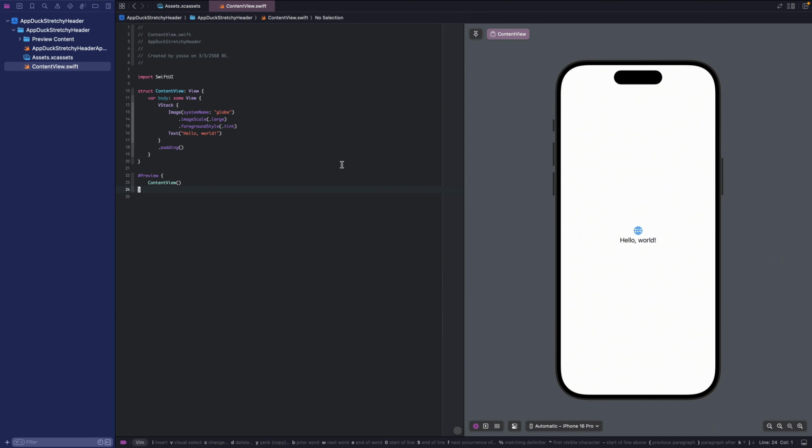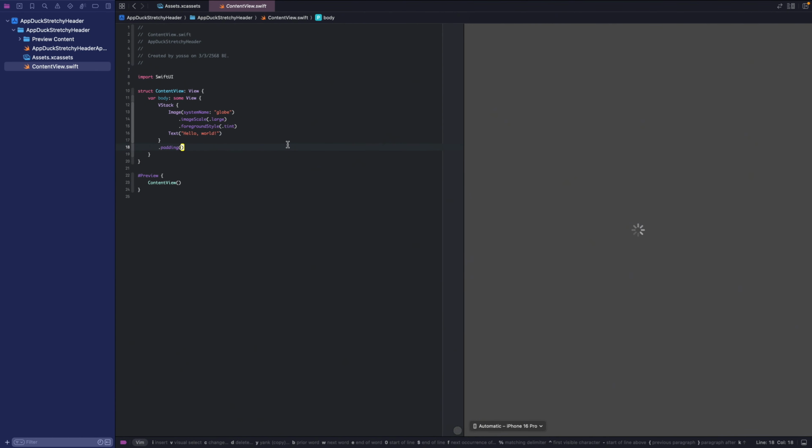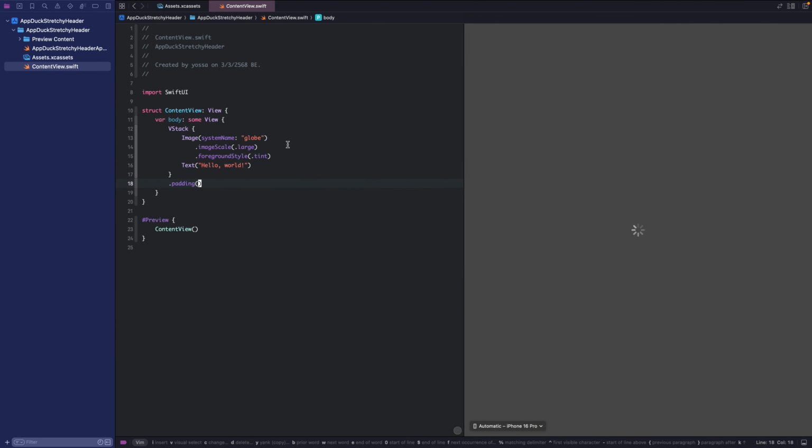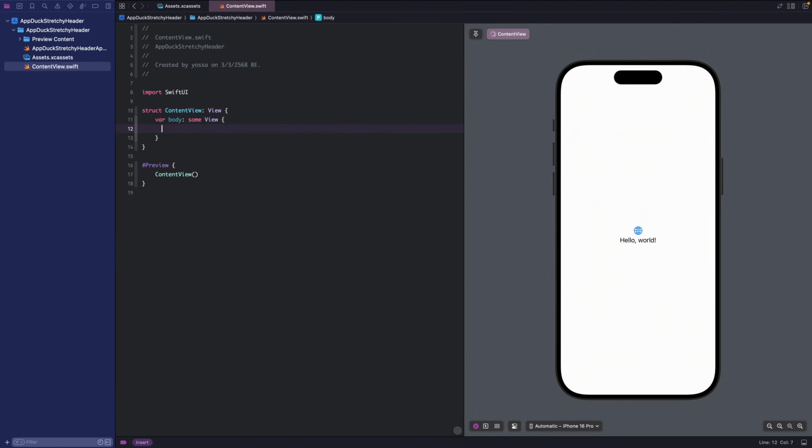Let's create a new project from scratch. Find a nice photo and put it in the asset catalog. And we're ready to go. First, add the image.